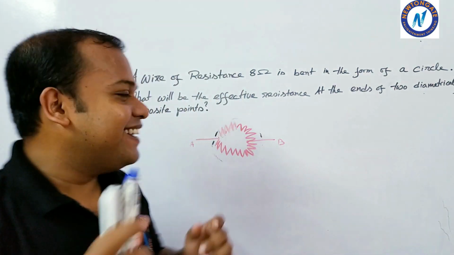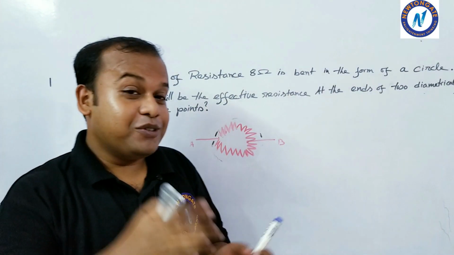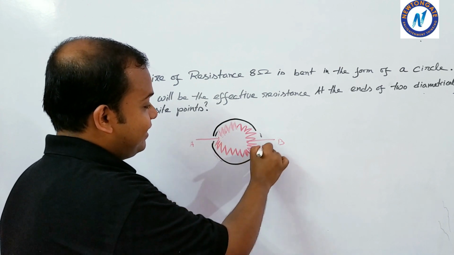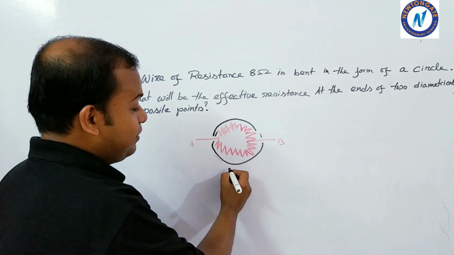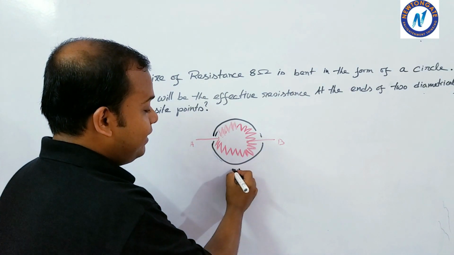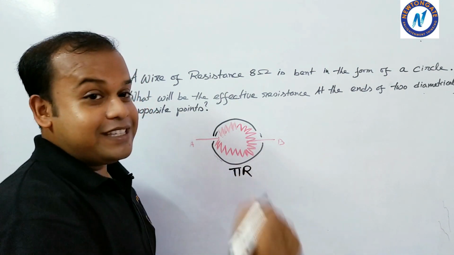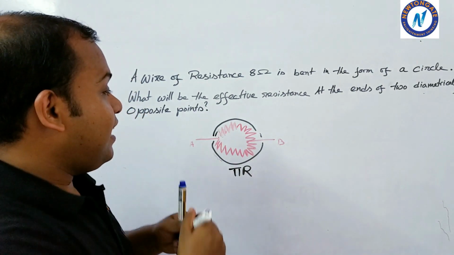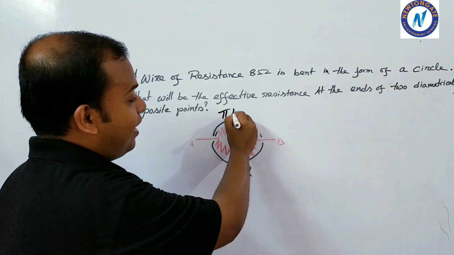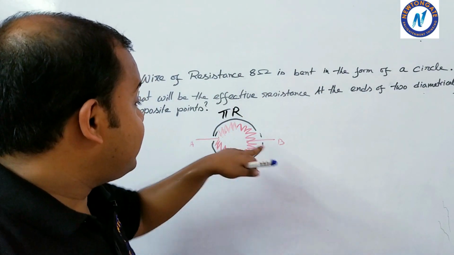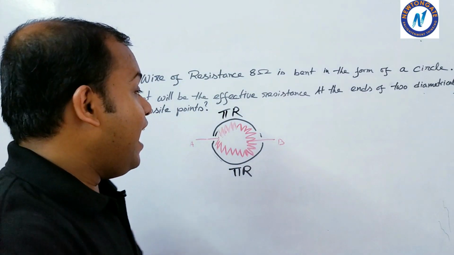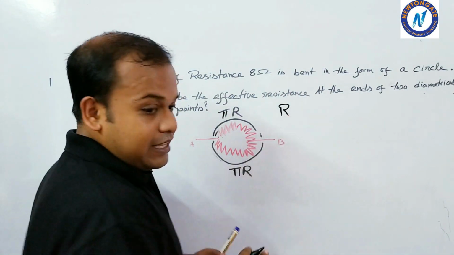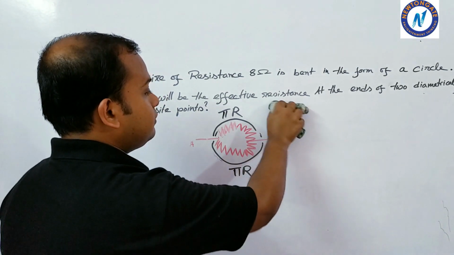Now since we are considering this to be a circle, can I say that for a circle, this length and this length are equal, which is simply equal to pi times r, where r is the radius of the circle? So this is pi times r and this is also pi times r. So the length of this and this is similar, and we also know from the relation that